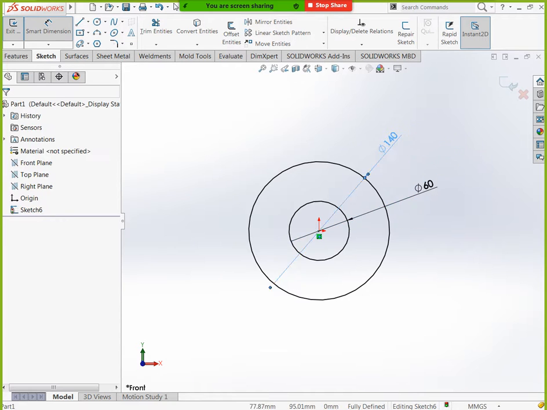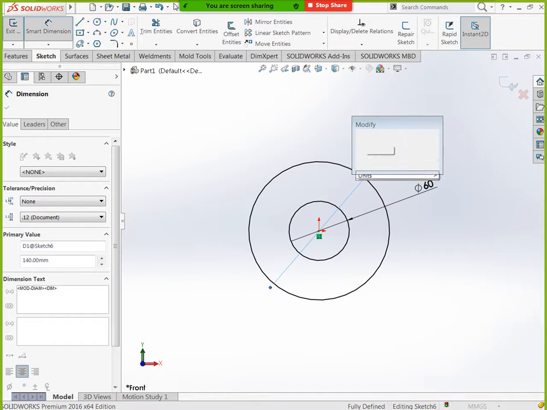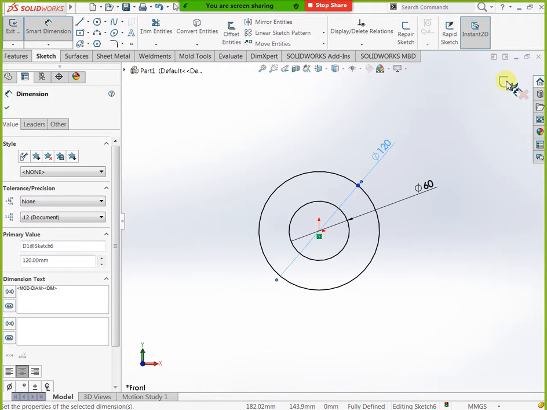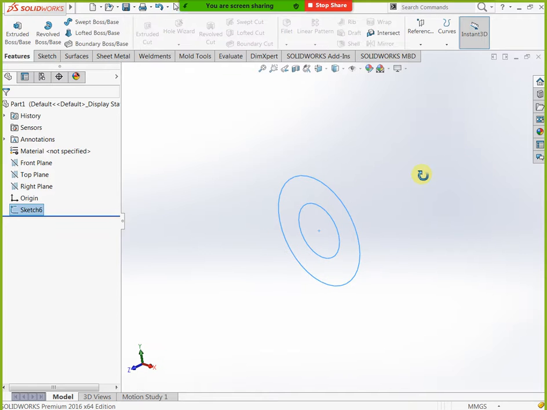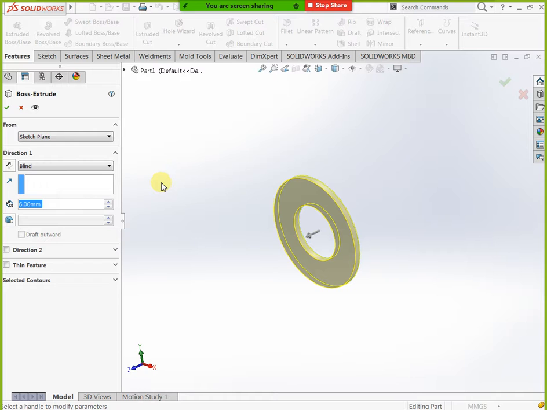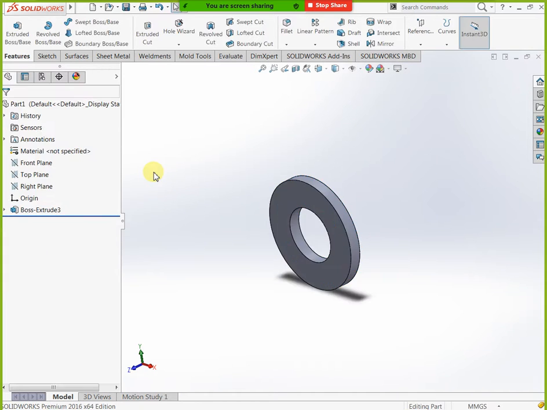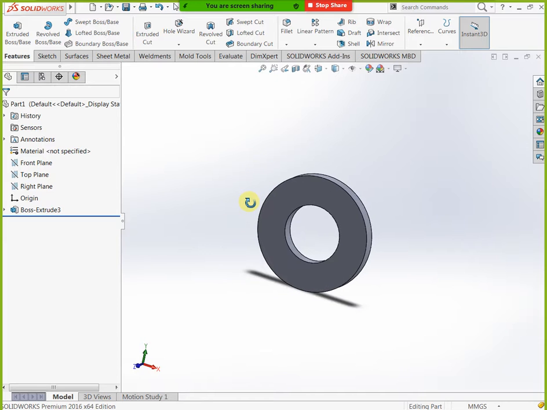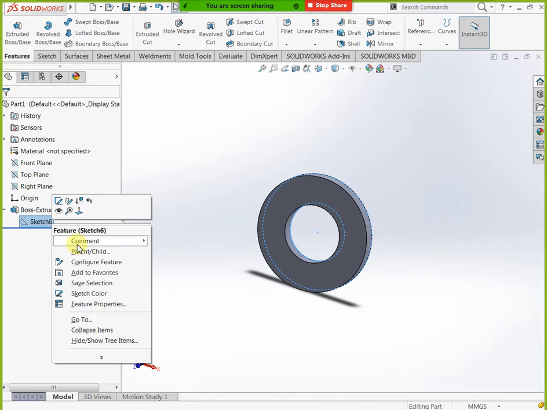Otherwise you can remove this one, select, edit, delete directly, yes, finish now. This is our flange head. Now you can select this one, go to sketch, control 8. Now I am taking bore 55.